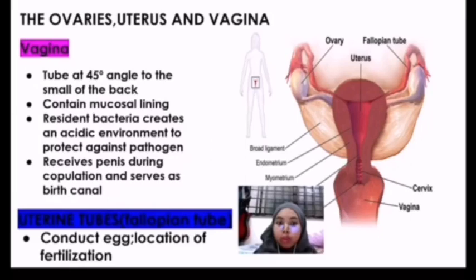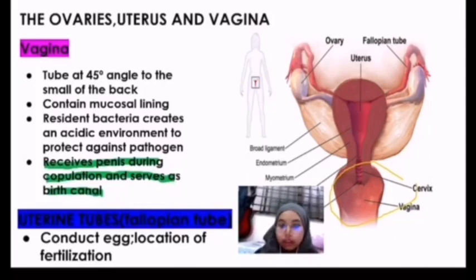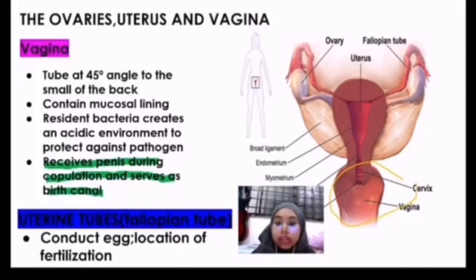So we move to the vagina and the uterine tube. The vagina. The function of the vagina is to receive sperm during copulation and serve as the birth canal. So this is the vagina, where the characteristic of the vagina is to angle 45 degrees to the small of the back, and it